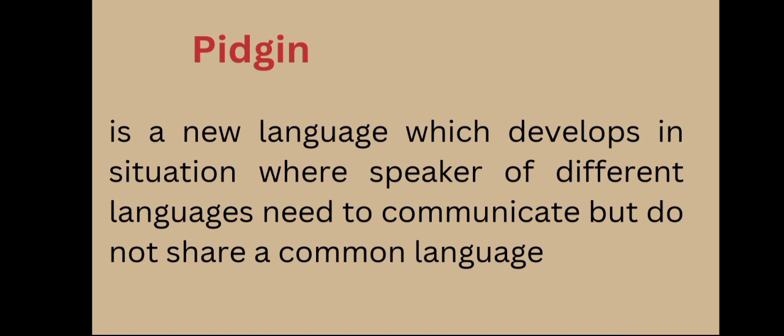The Pidgin. Pidgin is a new language which developed in a situation where speakers of different languages need to communicate but do not share a common language. So, the two speakers are communicating but they don't have a common language. For example, a Chinese boy and a Filipino boy. In the situation, the Chinese boy is lost here in the Philippines and he needs to communicate with the Filipino boy